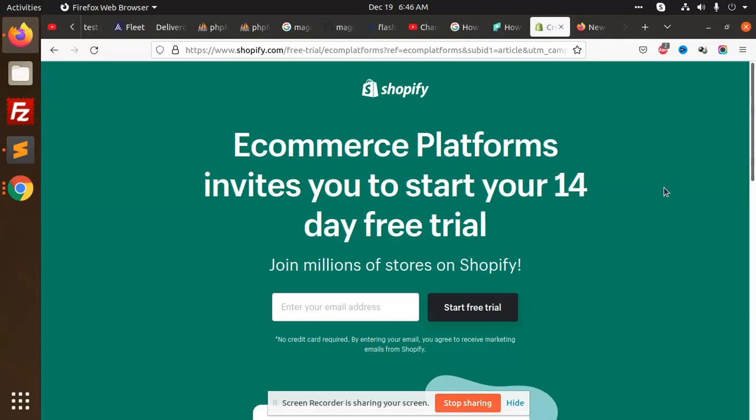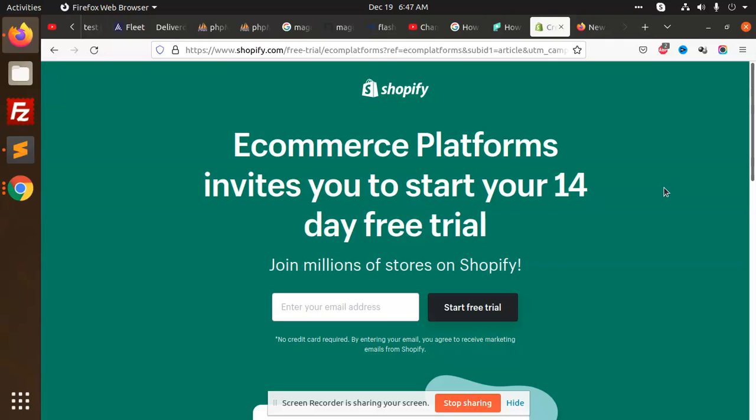It is not open source. All the data and all the source code is on the Shopify platform, so it's very difficult to edit the code, modify the code, take a backup, download the code, and then update the code. That is a big hassle. But all the things are managed by Shopify, so you don't need to take care of security or anything else. Everything, like optimization, is managed by the Shopify platform.